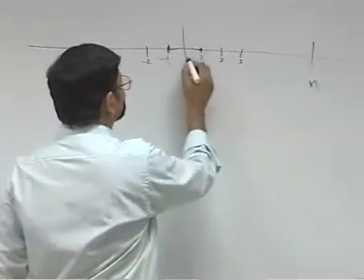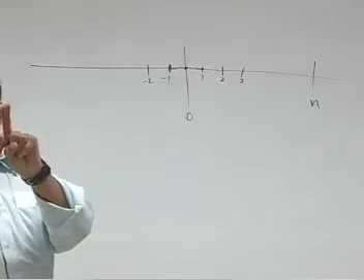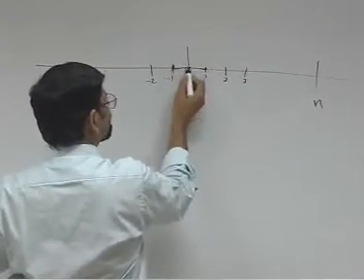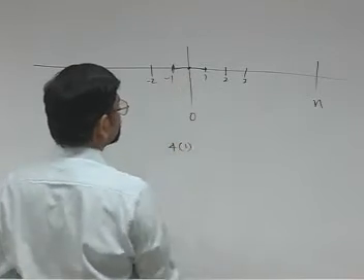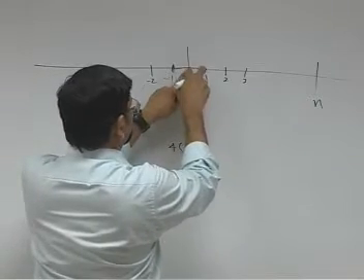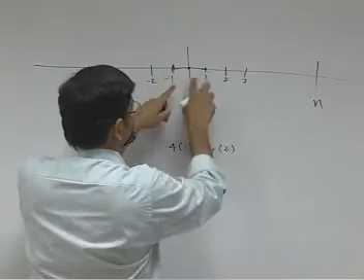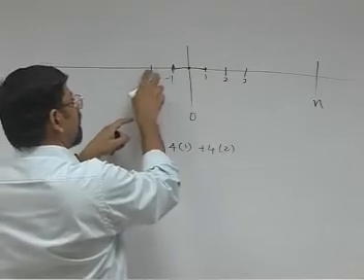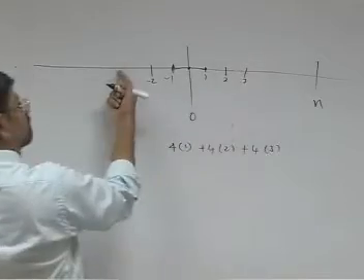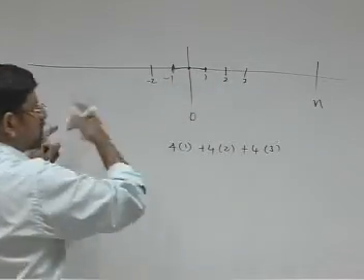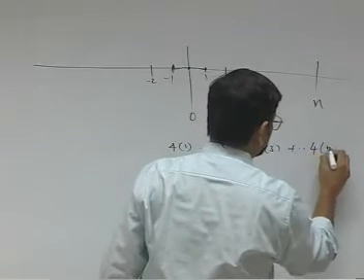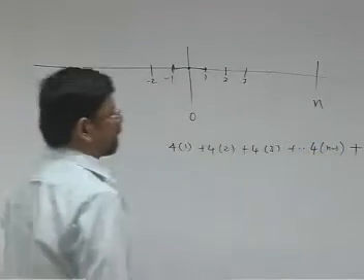What you do is you define a stage to be starting from the origin and coming back to that origin. Right? So you go 1, go back 2 and come back here. That is 4 into 1. Again you go to 2, again come back here and then come over here. That is 4 into 2, because 2 over here, another 2 here, another 2 here. So plus 4 into 3, 3 over here, 3 over here, and coming back to origin. So until you find, let us say, 4 into n minus 1, you have come to origin.